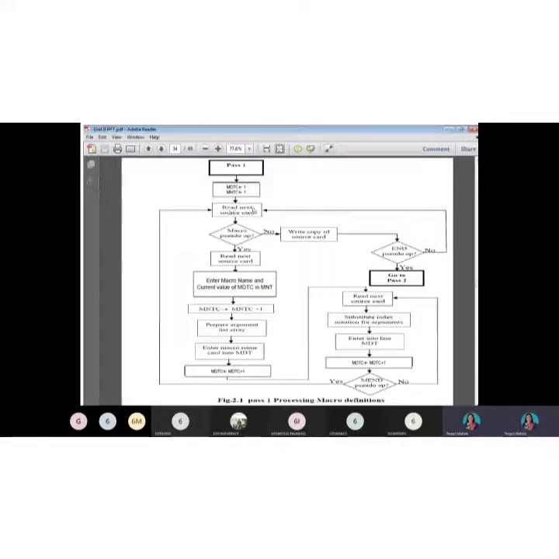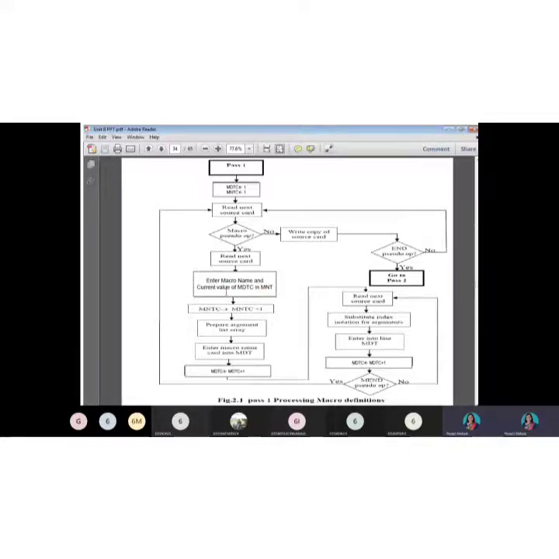Then we read the next source code. Then we check for a macro pseudo opcode. If no, if there is no macro, we write a copy of the source card and simply go to the end.